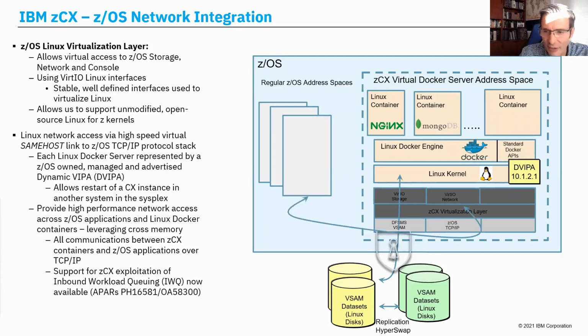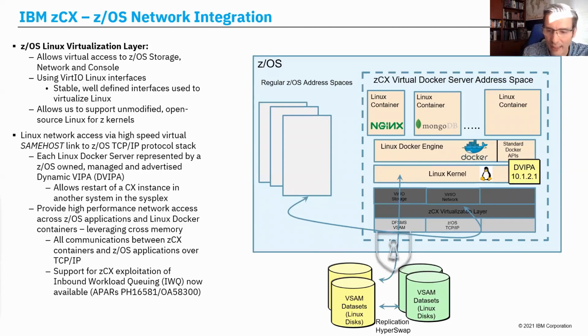And then there's this thing called the same host network that we're leveraging. And so we're going to have to make sure we configure for DVIPA and make sure we configure for same host so that our zCX can utilize these cool technologies. Also, if requests are coming in from the outside through your OSA Express card, you're going to want to enable something called inbound work queuing. If you already have it enabled in your shop, when you start up your zCX appliance, automatically zCX will enable